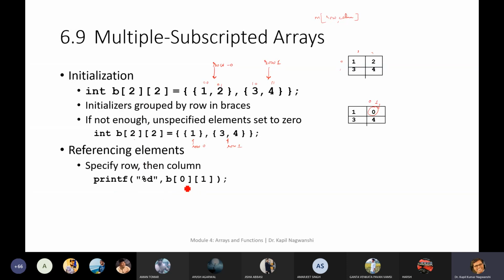So if we print this particular thing, 0, 1 is written. Suppose this is the matrix. So this is row number 0 and element number 1. So it will print 0. Okay. If this is the statement from this particular array. Any doubt?